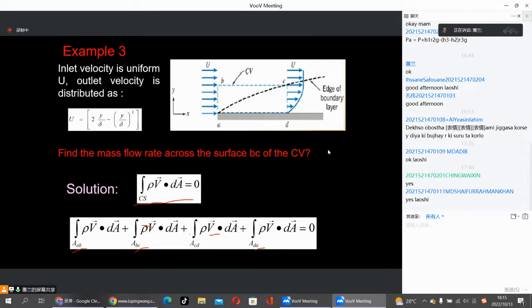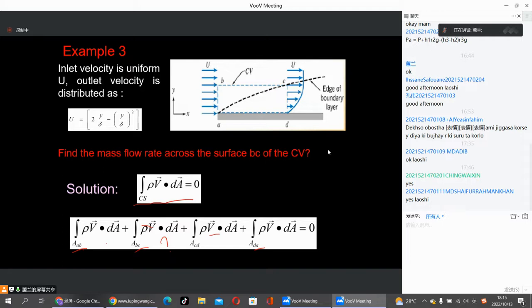BC is what we need to find out. This is unknown, right? For AB, because it's uniformly distributed,